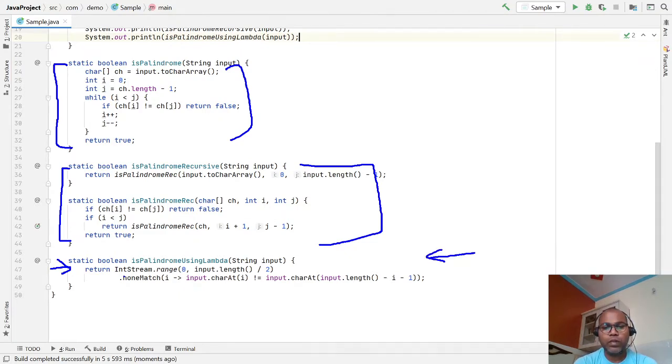So the Stream API provides functionality where you can achieve the same result. You can use this code in a multi-threaded environment with parallel processing. Here we can do parallel processing and multi-threading as well.